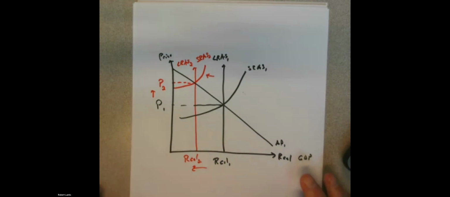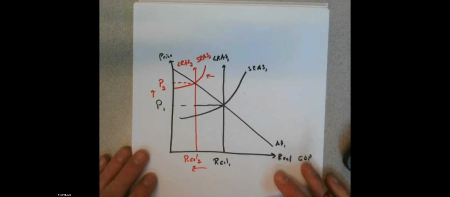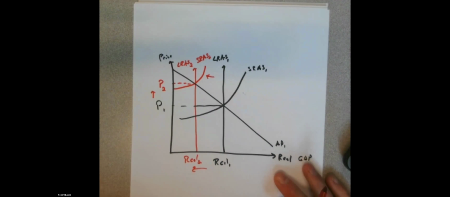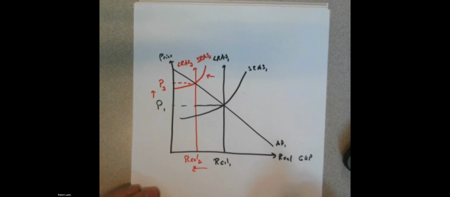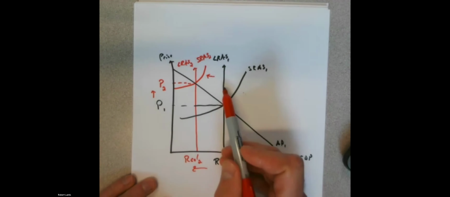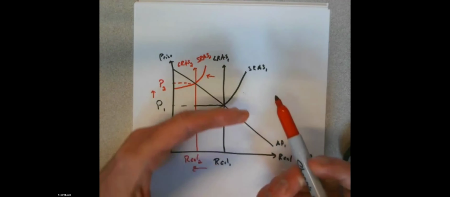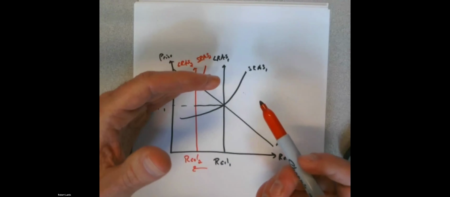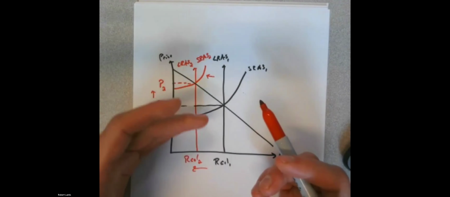Now, when we're thinking about these shifts, I want to give a slightly different way of thinking about this because they might seem counterintuitive. Decreases in our aggregate supply look like shifts to the left. It looks like the curve is increasing. When we just had long run aggregate supply, it made sense. Decreases are shifts to the left. But with our short run aggregate supply, it can be a little bit confusing. So I think a better way of thinking about this, and I'll try to keep this on the same page so you can see all of it here, is if I'm thinking about